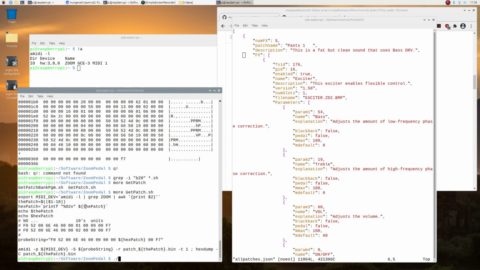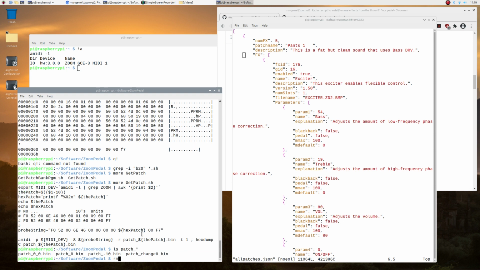The patch is that probe string patch underbar, and the patch is a number. So it's going to put it into patch X. So let's have a quick look. ls patch star. Okay. rm patch. Sorry, I'm just rambling a bit. I don't mean to do that. Okay, I can get rid of that like that.